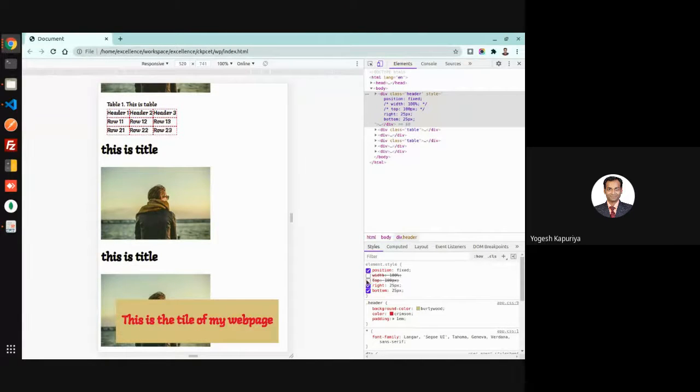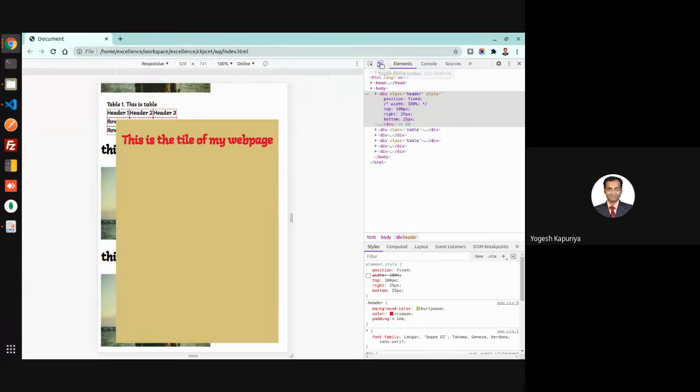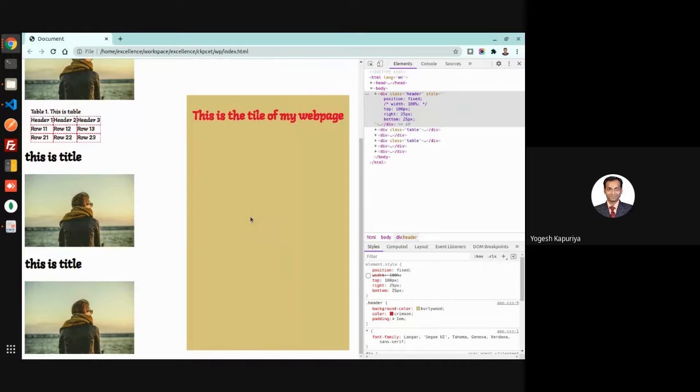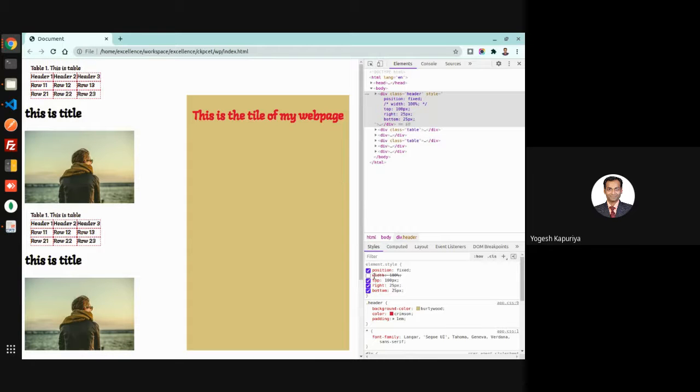Now you can use it in different ways like this. Sometimes you want some kind of a navigation bar on the right side, and it should always be there irrespective of your status. So this kind of thing you can implement using positioning. So this is the third type of position, which is fixed.